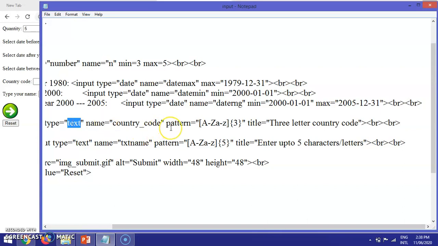For now we are learning very simple patterns. This pattern says the user can enter uppercase, lowercase letters, and maximum 3 characters. If you try to replace these square brackets with round brackets or any other brackets, it won't work. You will not get proper output.